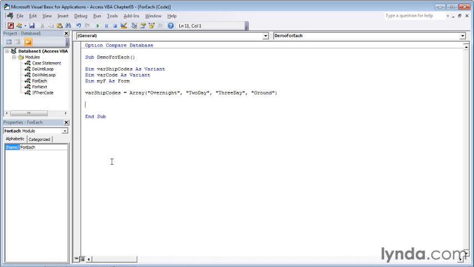Below that, I have my array of shipping codes that are overnight, 2-day, 3-day, and ground. Now, if I want to step through each element of the array, I can use For Each. I want to use a variant that would be a subset of the array. So rather than use varShipCodes, which is the array, I use another variant, varCode, then space, then In, space, and then the name of the array, varShipCodes. Then press Enter a couple of times and go up, then press Tab to move over